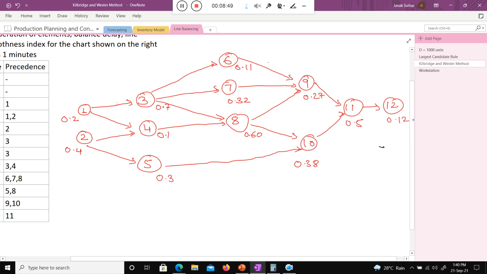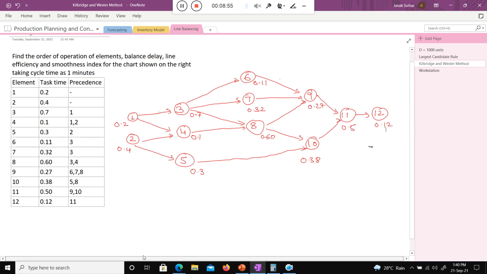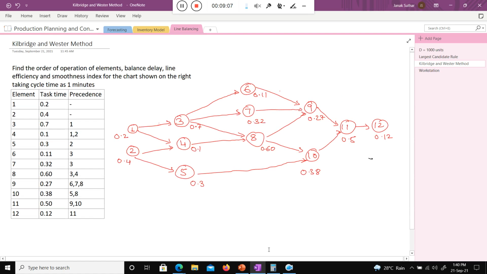Okay, so class, is there any doubt how to draw the precedence diagram? Is there any doubt? Then please ask me. If you know how to draw the precedence diagram, then approximately 60 to 70% of the part is done related to the Kilbridge and Wester method. Now you just need to divide this diagram, and that is your workstation.